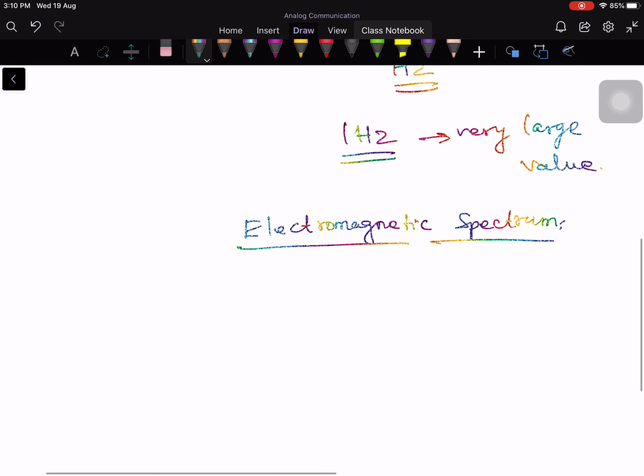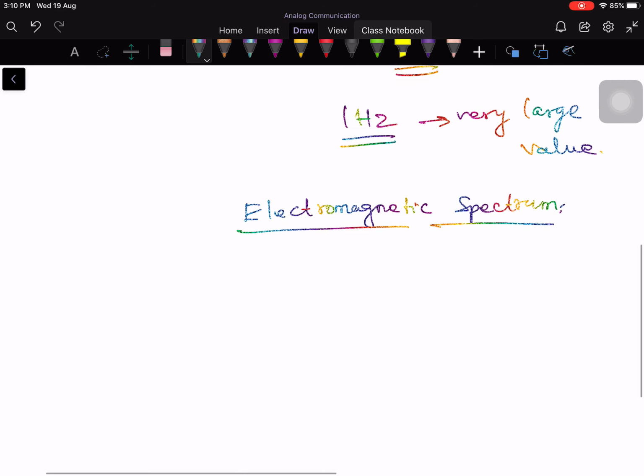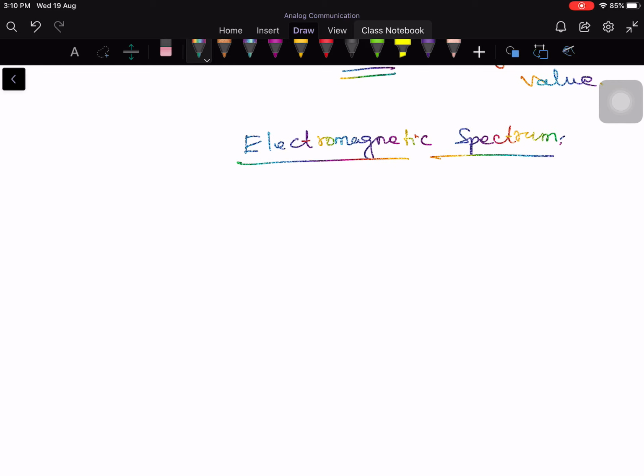Let me list them out one by one. This electromagnetic spectrum is classified in terms of different frequency ranges and corresponding wavelength ranges, and that's what we generally follow. The EM spectrum is divided into small segments, and each segment is given a general nomenclature. Each band is identified by end frequencies or wavelengths that differ by a factor of 10.